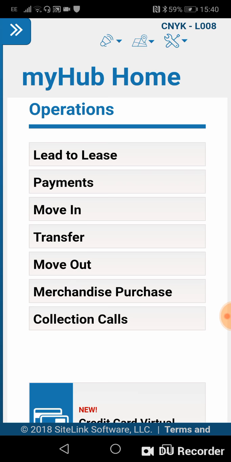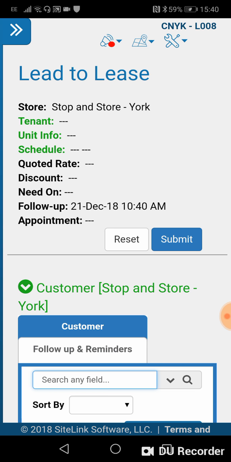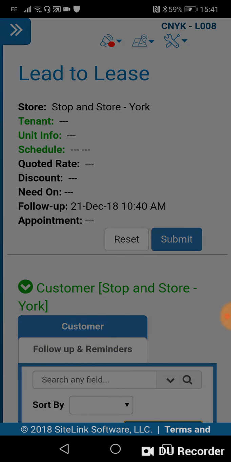And there we go. This is the main menu, and all we're going to ask you to do is go through lead to lease, and this is really where the customer's information goes into the system when they either inquire or become a customer. So it takes you to this screen, and we just scroll down ever so slightly and then click add tenant,